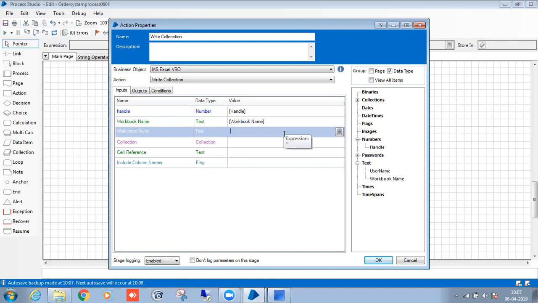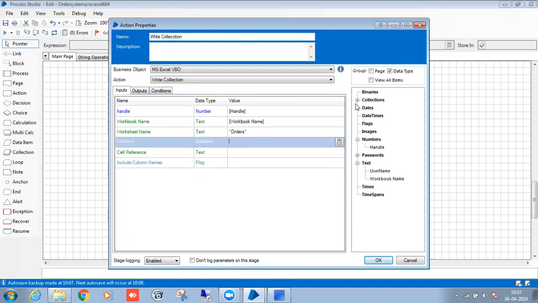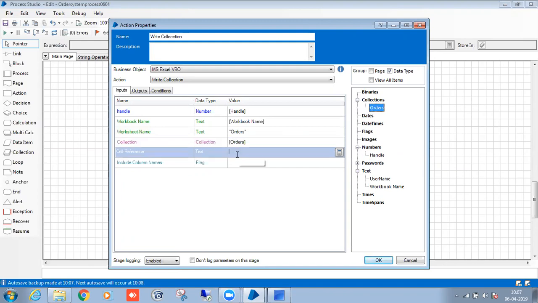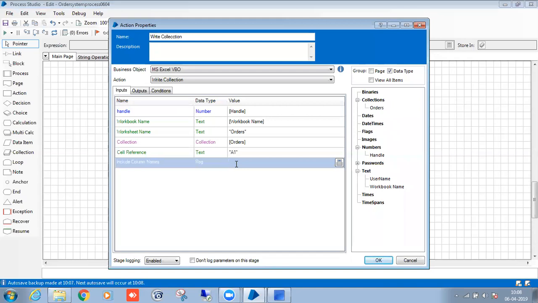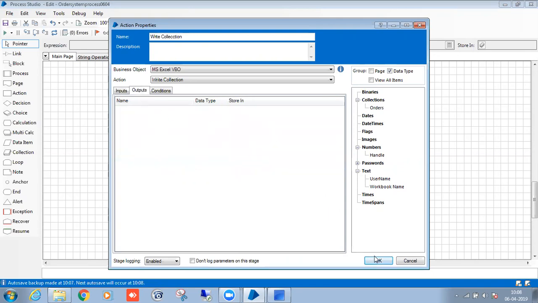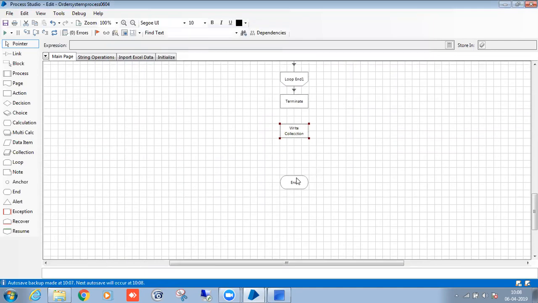What is the sheet name? Partners, Go capital. The collection. Cell reference means from the A1 cell itself my data has started, so I want to write from the same cell. Include column names flag, yes. After writing the collection, what you have to do?